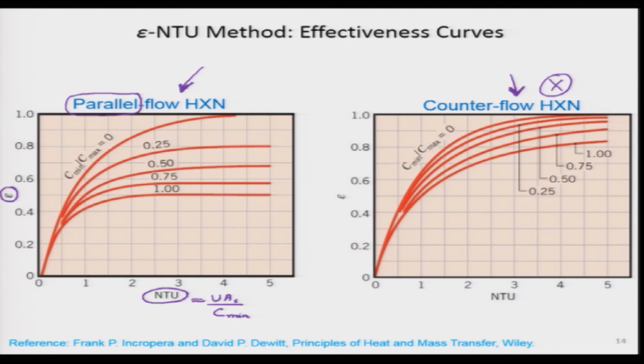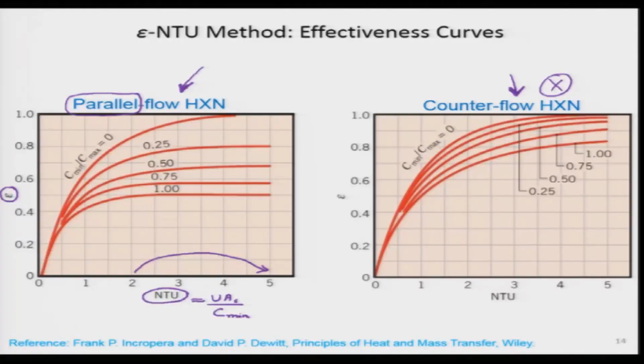Essentially speaking, if NTU value is going from 2 to 5, let us say, our cost will increase. So, x axis represents our cost. If I have lot of money, I have all the material in the world which is available, I have boiling, condensation taking place, our NTU value is going to be very high. In usual circumstances, cost is always a limitation because area is also a limitation.